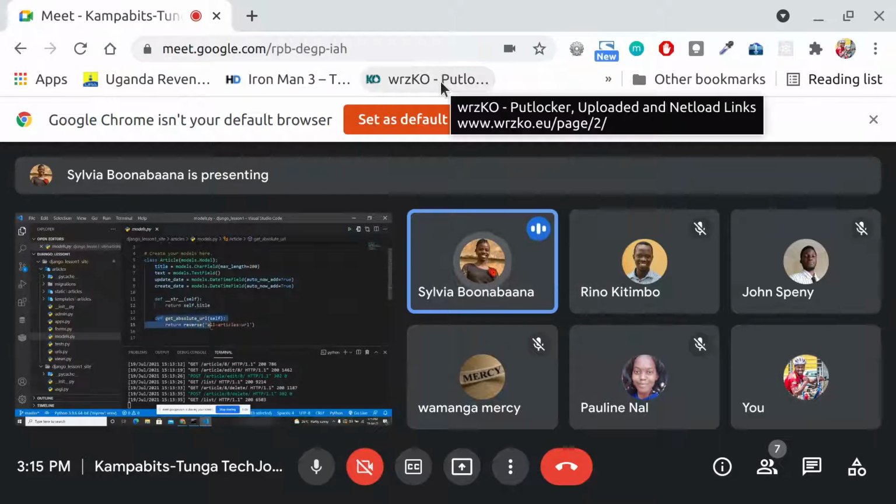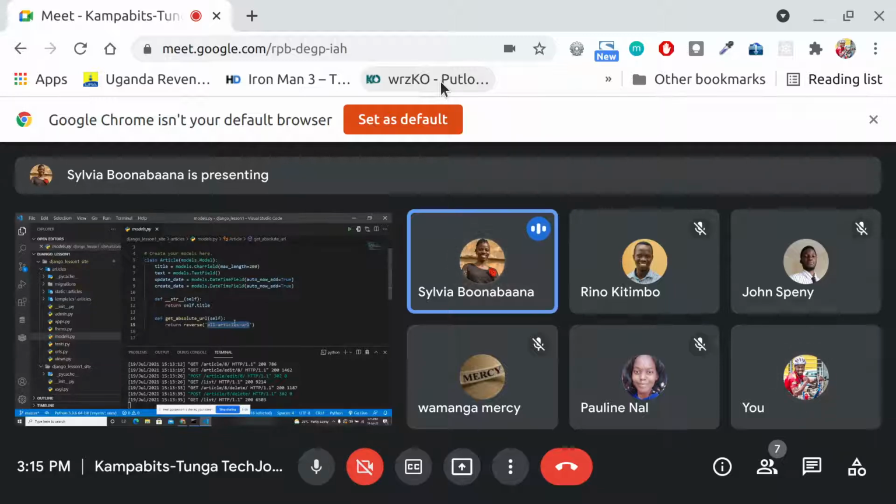This is for example, if I'm creating an article after it has created, it should route me back to this page. In this case, it's the page which has all the articles, which is like the home page. And then